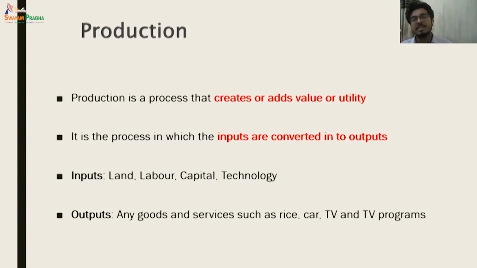So a production is a process that creates or adds value or utility to a particular product. Like if I am teaching you, so this is also a production process. I am creating utility, satisfaction through my teaching, through the services. If someone is cultivating rice, so they create value or add more value to my plate of food and create some satisfaction to me, because I get food because the farmer is cultivating that.